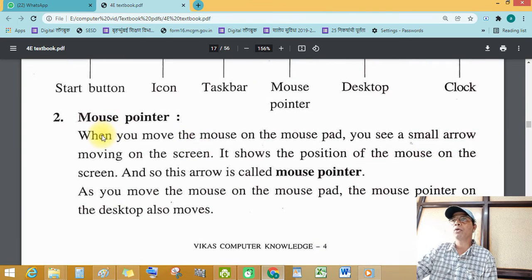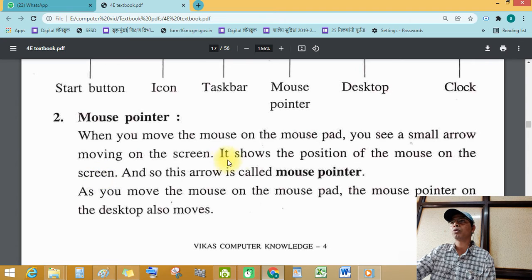When you move the mouse on the mouse pad, you see a small arrow moving on the screen. See this, my arrow is also moving on the screen. It shows the position of the mouse on the screen.